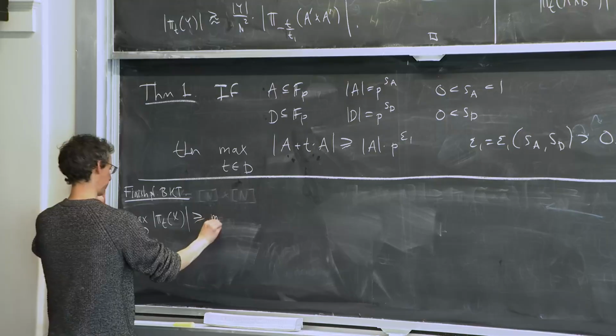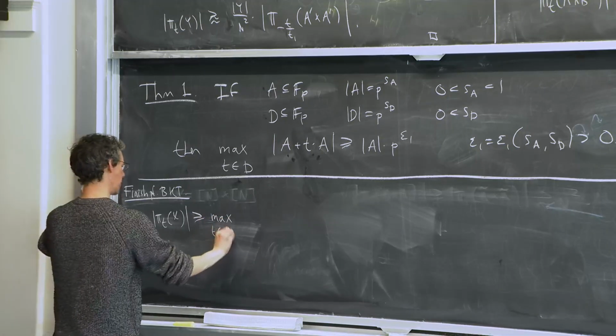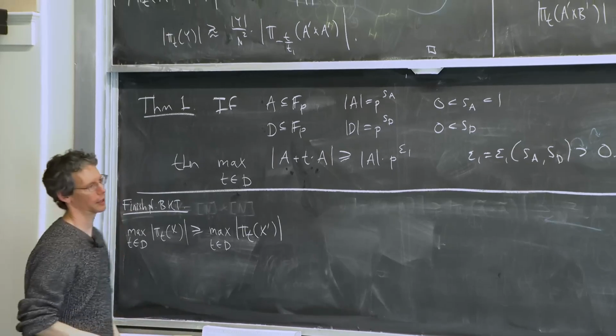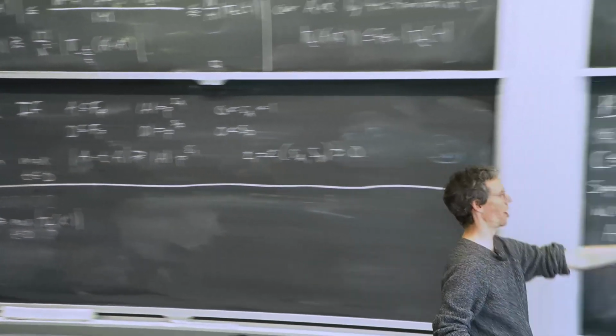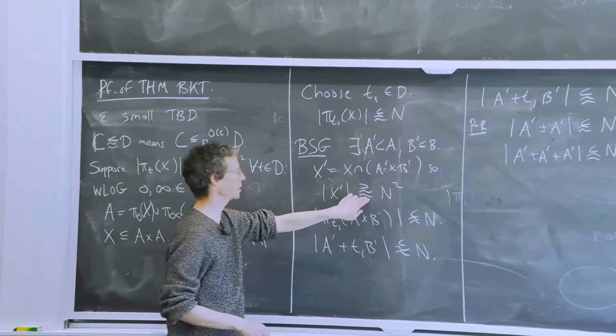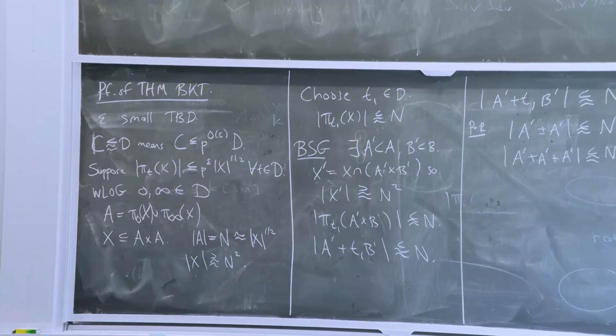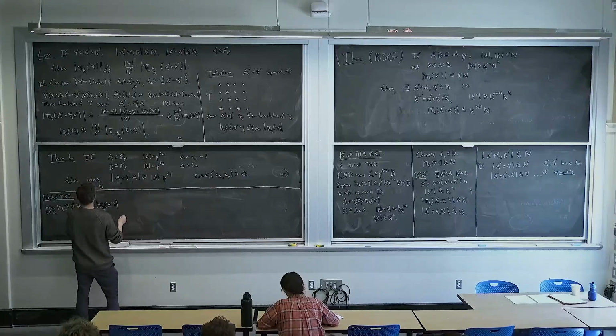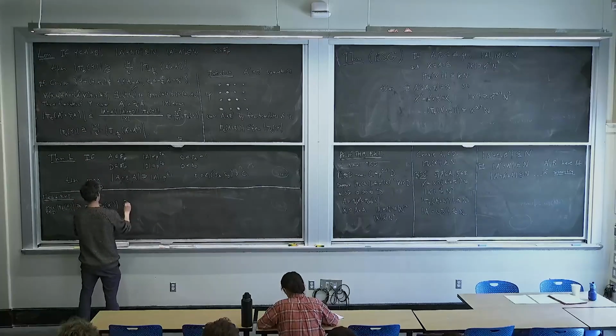That's at least the maximum over t in our direction set of |π_t(X')|. We're following up from over here, and here's X', which is a big chunk of A' cross B'. Now we can apply our lemma. So the lemma says